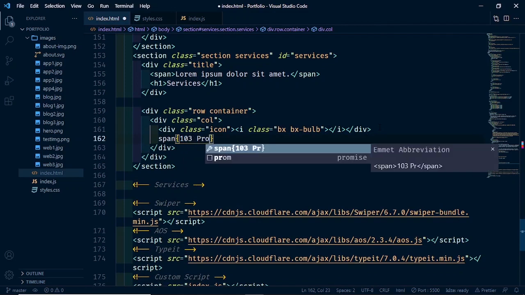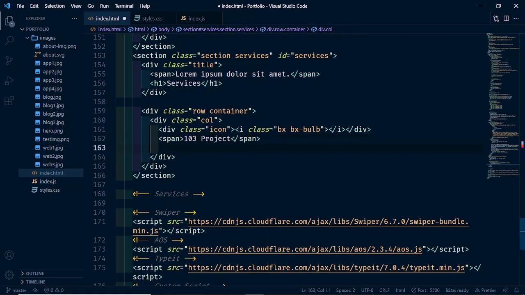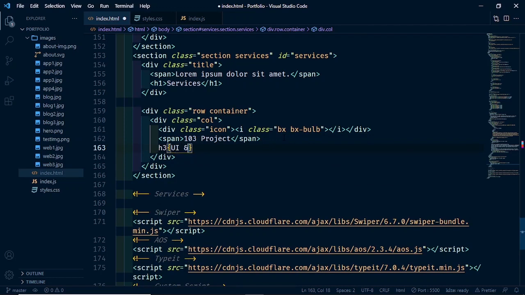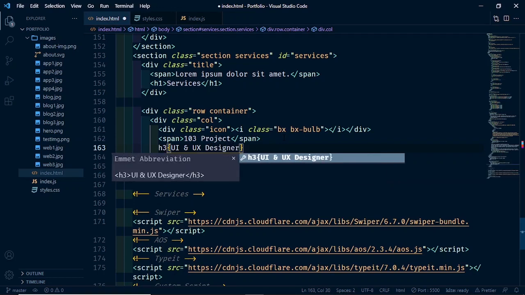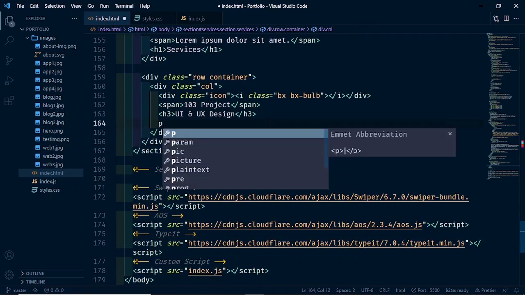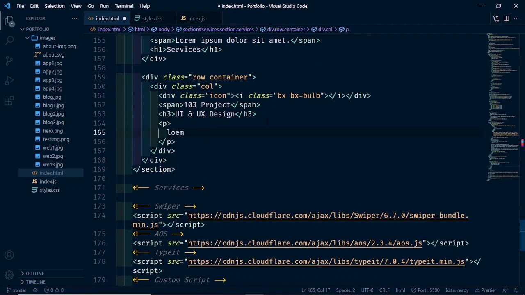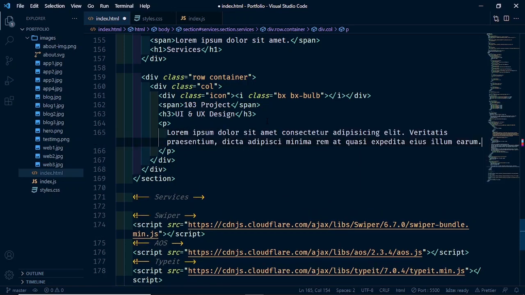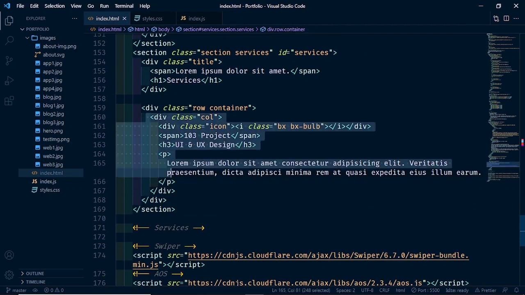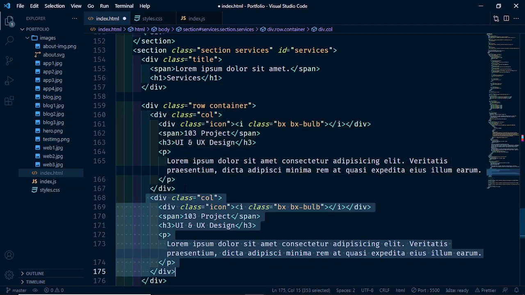That's the number of projects we've completed, and underneath that, let's have an h3 with the text UI and UX design. Underneath that, let's have a paragraph, a lorem of, let's say, 20. And what you're going to do is copy the column and paste it 2 more times